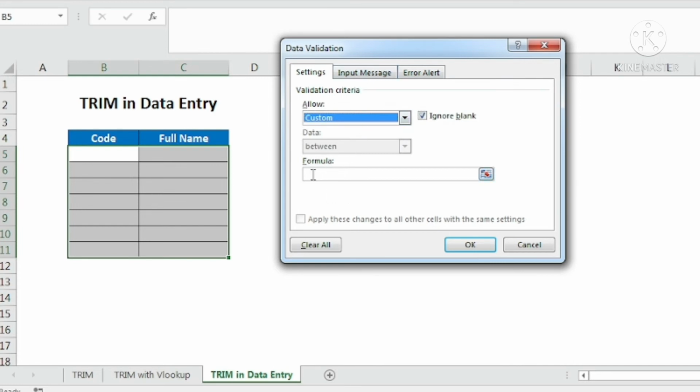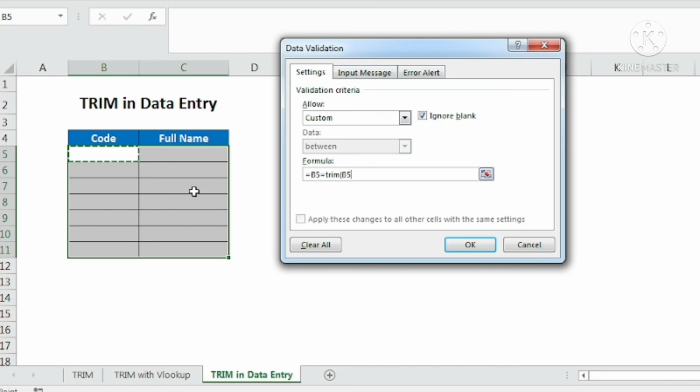So here I am going to put the formula so that the data entry should happen only for valid data. Invalid data should not be allowed. Here I will put the formula: equal to this particular cell, the first cell where the data entry is going to happen, and then again equal to, and then the formula TRIM, open bracket, and then this particular cell only, because the first entry is going to happen here.